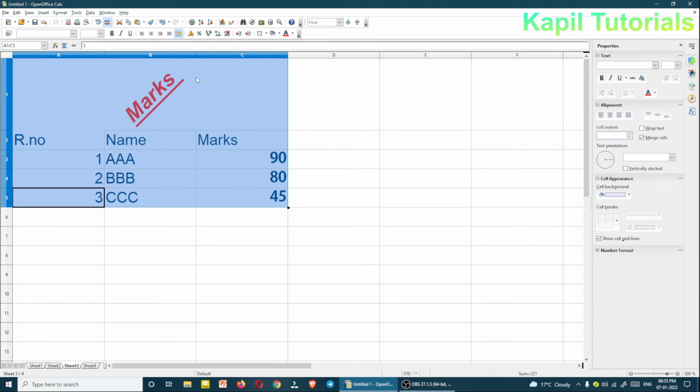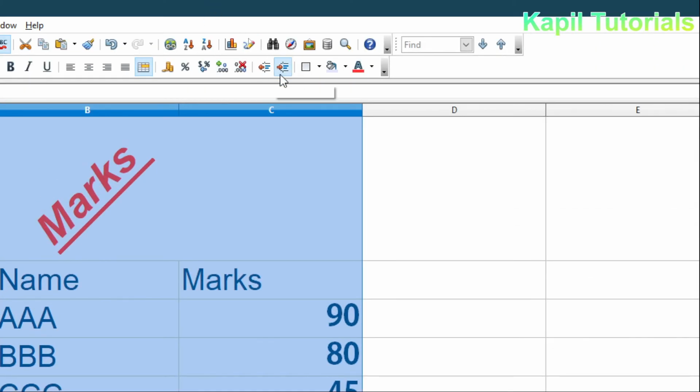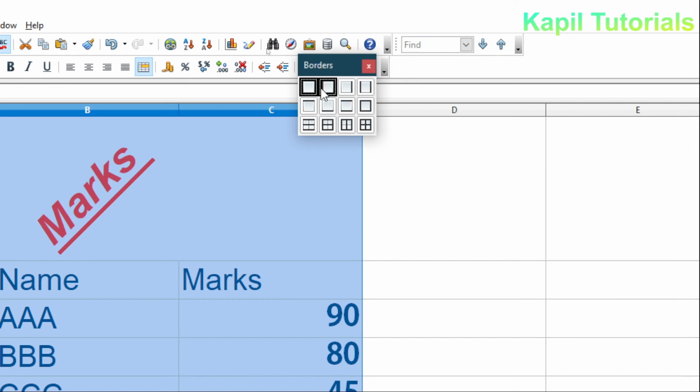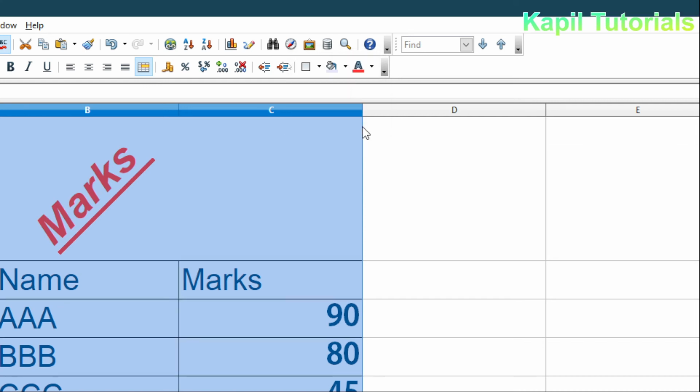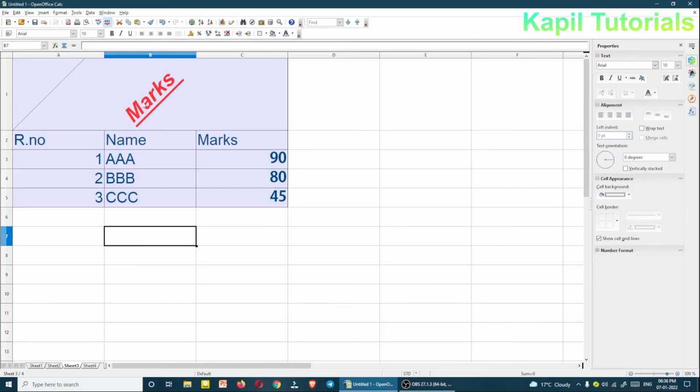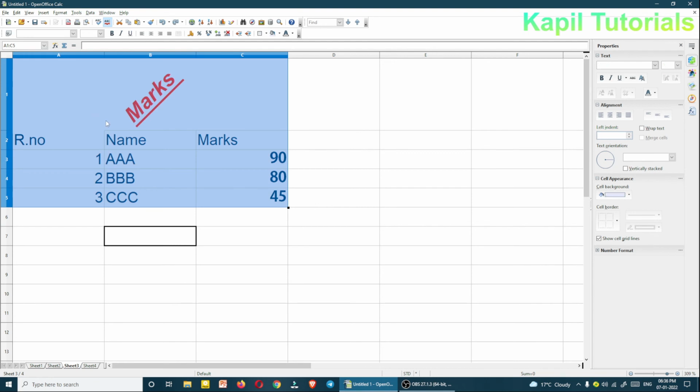Now one more concept I want to teach in my tutorial. Here borders are there. You could see the borders. You can always click on the borders. Suppose I select this, and you will see that it has been selected with the black border. Okay, earlier the borders were not there. I'll just undo.